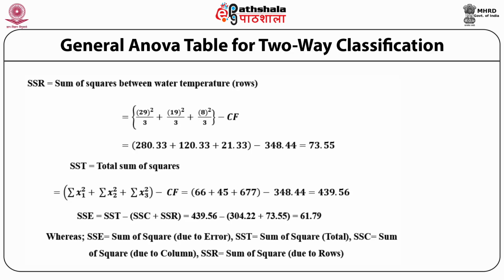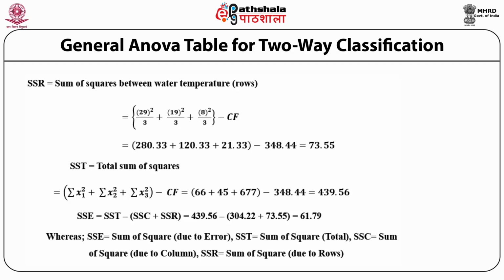Now we find out the SST, that is the total sum of squares, and that is by adding the x1 square, the x2 square plus x3 square minus the correction factor, that is 66 plus 45 plus 677 minus 348.44,